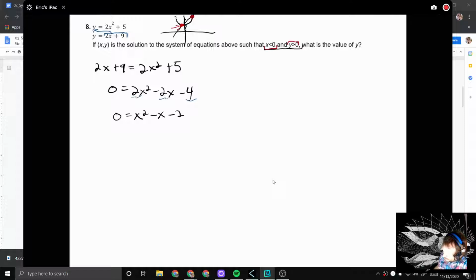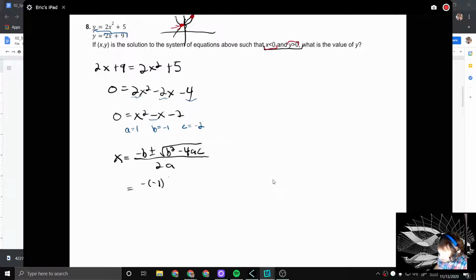It applies in this situation. x equals negative b plus or minus the square root of b squared minus 4ac, all over 2a. a is 1, b is negative 1, c is negative 2, and I plug those values in to get my x values. Negative, with the negative 1, that's going to be positive 1, plus or minus